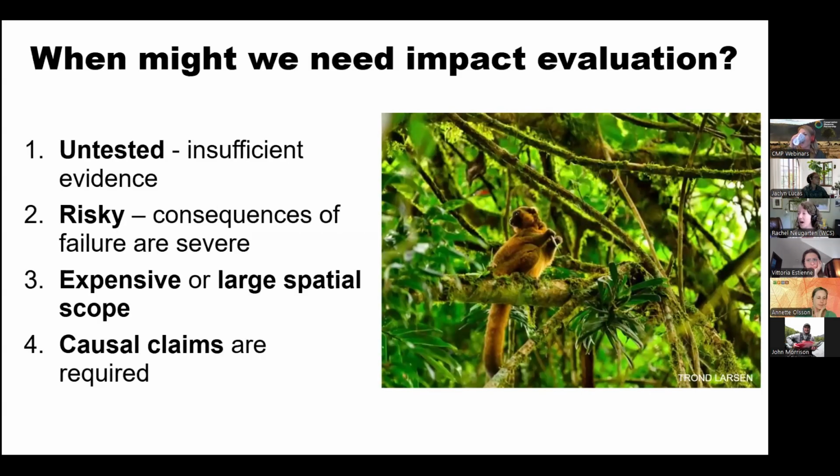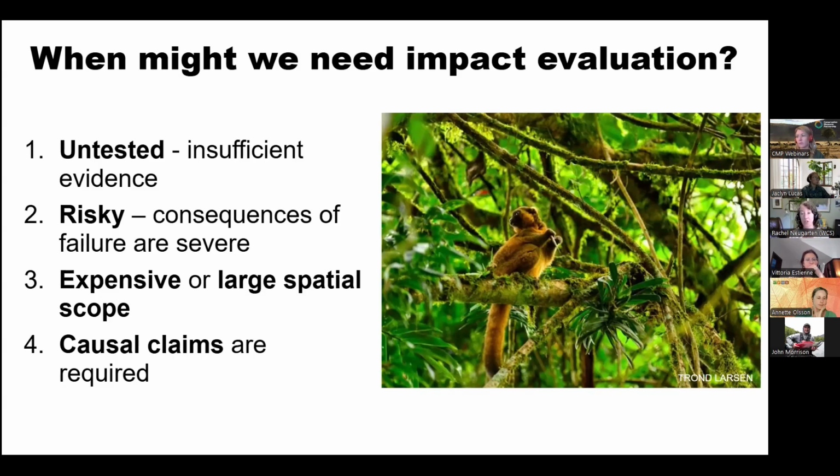Exactly. Okay. So I've been trying to boil this down to when might we need impact evaluation? Because later I'm going to talk about how honestly these methods are more complicated, they can be more costly, they can require more time, they require more specialized expertise. And so we really, in reality, cannot implement full scale impact evaluation for most of our projects. So we really need to think about when is this really necessary? So I would argue these are just my ideas. So I would love to sort of pilot test these with this community.